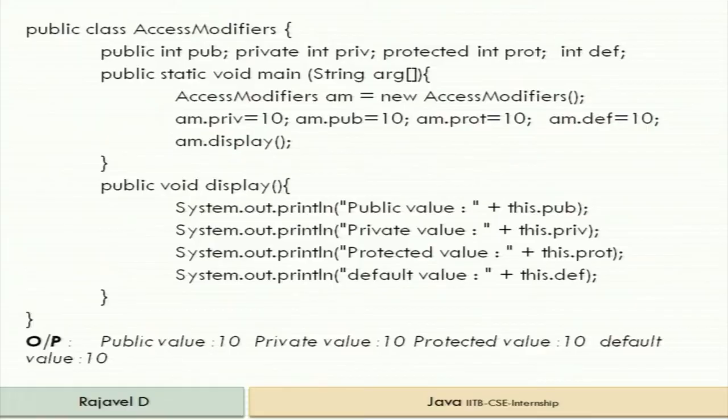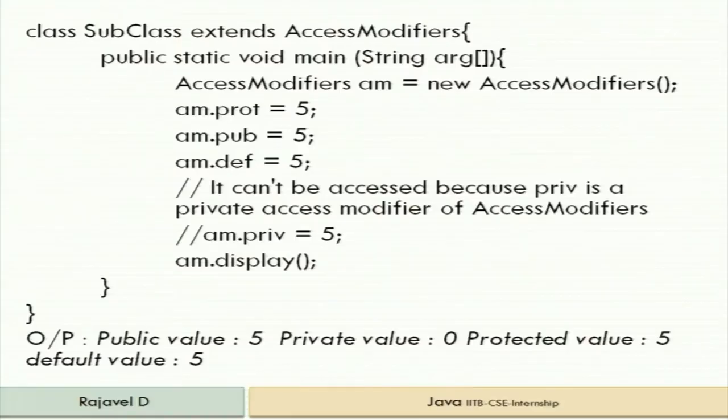Okay, so what is this? There is something called this.pub, this.private, this.protected. What is this? It is the reference to the object which is actually there now. This instance, whichever is available, we call this. They are extending a subclass which will extend the base class access modifier. You use the extends keyword for extending the class. If you want to derive something from the previous class, you use extends and you use subclasses. We call this a subclass.